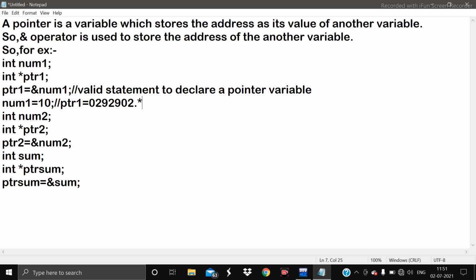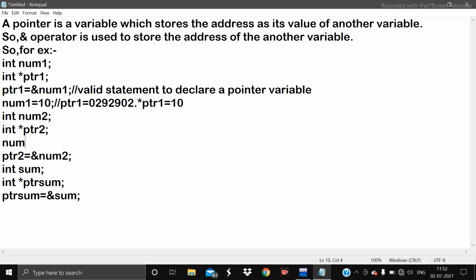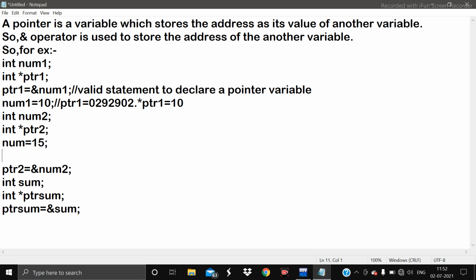But if we write the asterisk symbol first and then ptr1, it means the value of the normal variable will be the value of this dereferenced pointer variable. And what is the value? 10. Similarly, if we set num2 is equal to 15, then we can directly say that the dereferenced pointer variable *ptr2 will be equal to 15. And we have to declare the operation now.